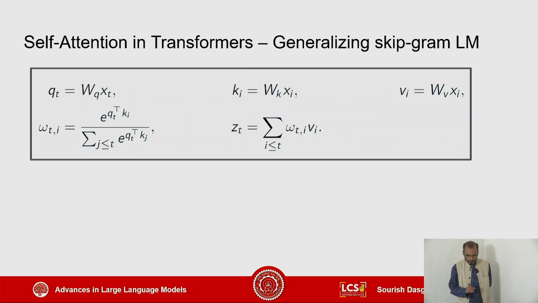Now, if you look at what happened from there onwards in transformers, or rather in the self-attention part of the transformers, you can think of it more like a generalization of an n-gram language model. So from the n-gram language model to a gated n-gram language model. Now we are in a generalized version of the n-gram language model, right? And what we do over there is that we have these three components: query, key and value, Q, K and V, where Q is the target word, or the word that you have to contextualize in terms of embedding.